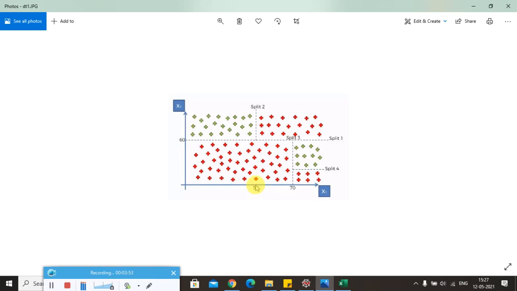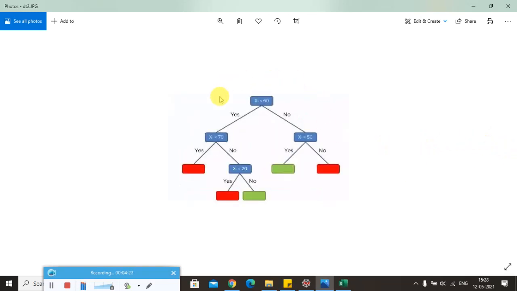Split 3 splits our data at x1 equal to 70. Also split 4 will split our data at x2 equal to 20, and this is how our decision tree works. So basically when we look at the picture, the split is done in such a way to maximize the number of certain category in each of these splits. Finally we are able to design the decision tree based on the splits we made.